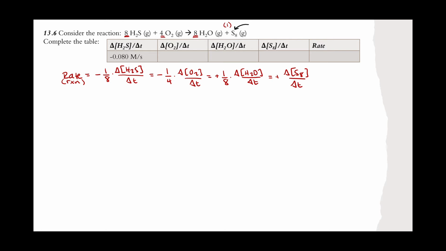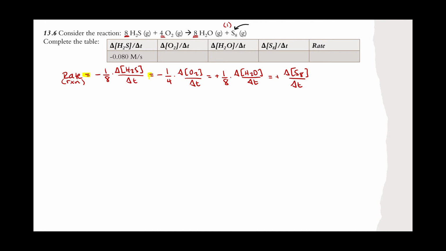So now we have our definition of the rate reaction, and now we can start filling in this table. We were given the rate that dihydrogen sulfide is being consumed at. It's disappearing at a rate of 0.080 molarity per second. And I'm going to just move through each reactant. We have this rate of the reaction that we just wrote out. And since these are all equal to each other,